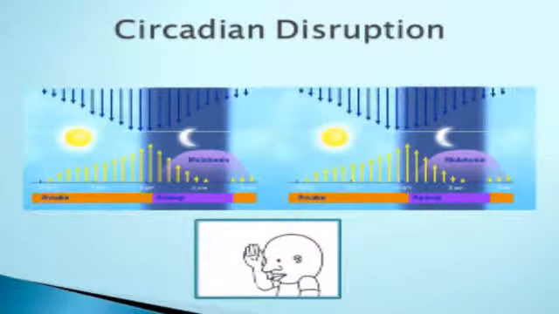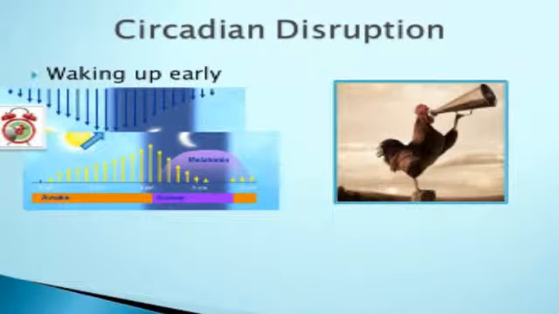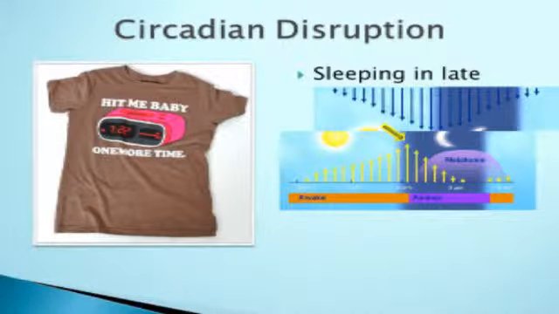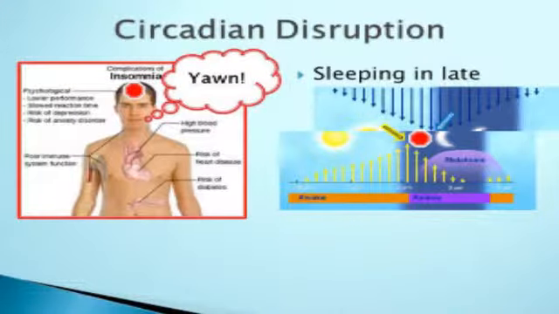Now, one of the problems that occurs many times is when our sleep-wake system or our circadian rhythm is disrupted. For example, when we wake up early, our own body's sense of fatigue, we start to feel that earlier than our environment tells us that it's time to go to sleep, and we may be fatigued or tired or sleepy during the daytime. And then the opposite can happen if we're sleeping in late. As the day goes by, our environment, the sun goes down, and it tells us that it should be time to go to bed, but we haven't built that fatigue yet. And what ends up happening is that we may develop insomnia or have a difficulty getting to sleep.